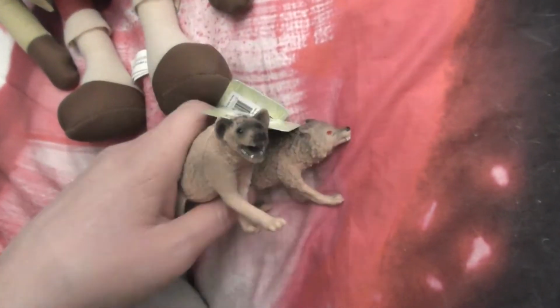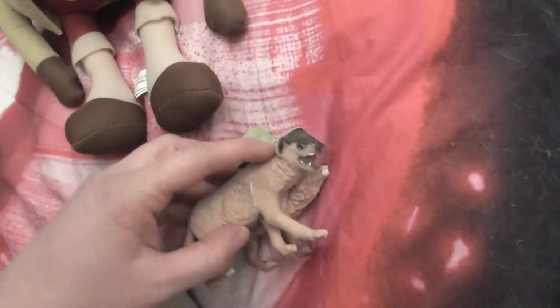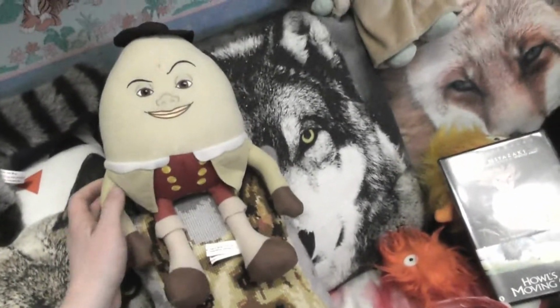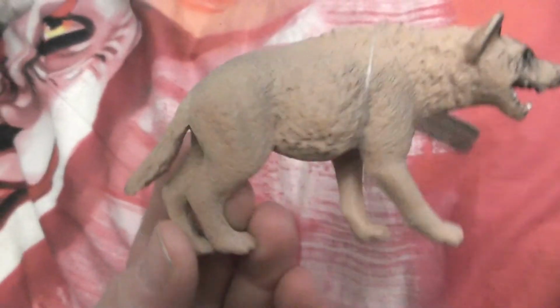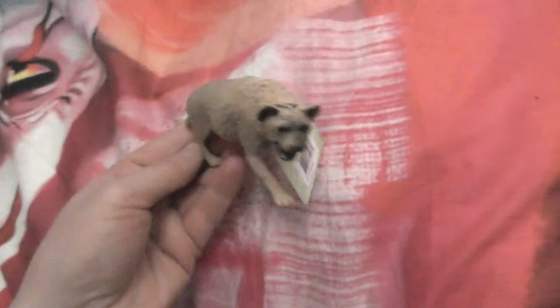There is this shop named Action that is actually a very cheap shop. You can find all kinds of things, and they had those little animal figures there. This is a hyena. As you can see, the paint job is horrible. I just gotta remove Humpty and put him here. It's basically those Schleich figures, a bit larger than the Schleich figures. The Schleich figures have a much better paint job, of course. It wasn't too bad on this one, but it's still horrible. But there you go. It was like 50 cents for these little animals. I decided to include them in my